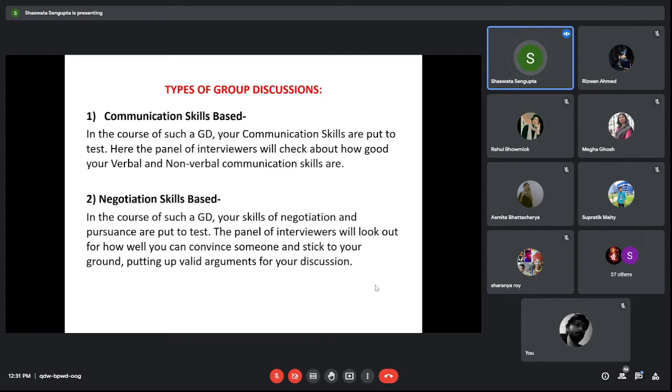So basically, this particular type of GD requires what we may call a lot of persuasive power. And persuasive power, the ability to convince properly, comes only when you have acquired a certain level of confidence in the thing that you're trying to explain. So, in order to acquire that confidence, you also need clarity and content. Clarity regarding the parts of that particular topic, or content about that particular topic.